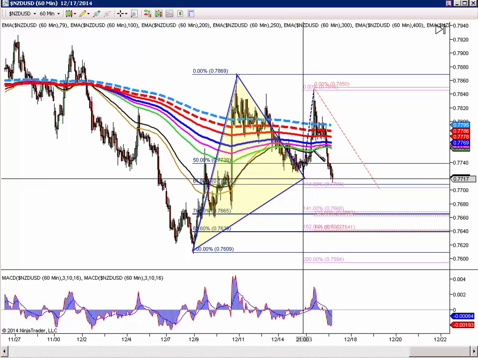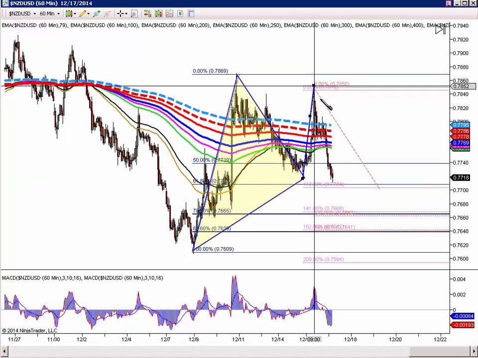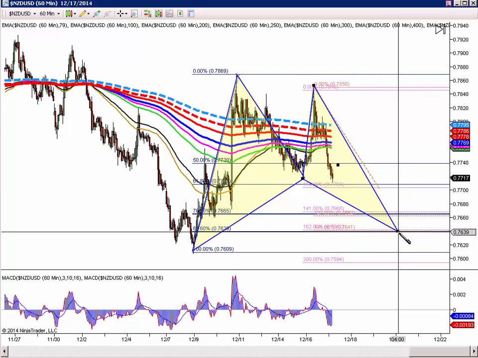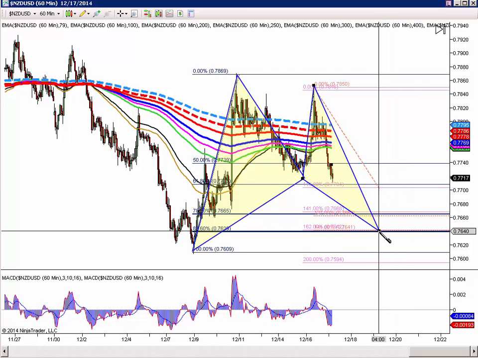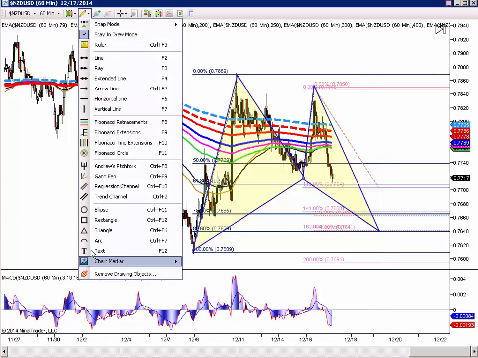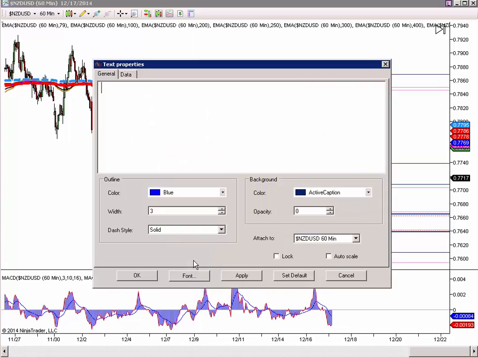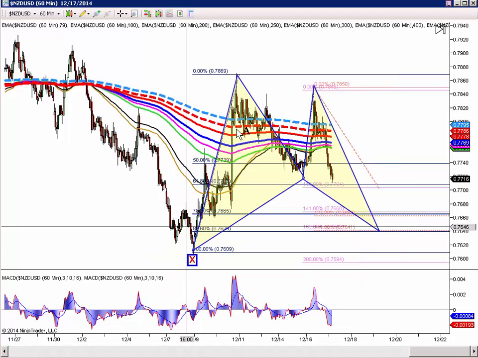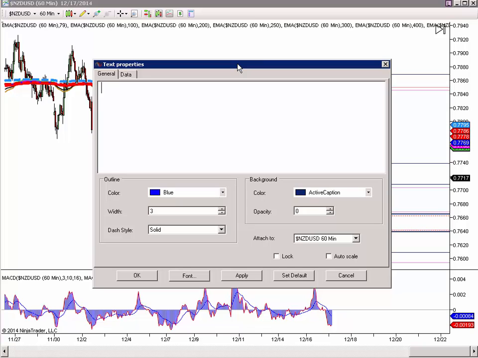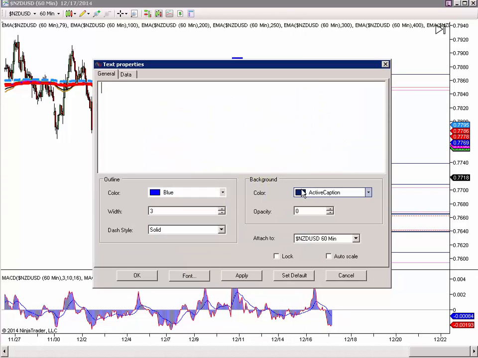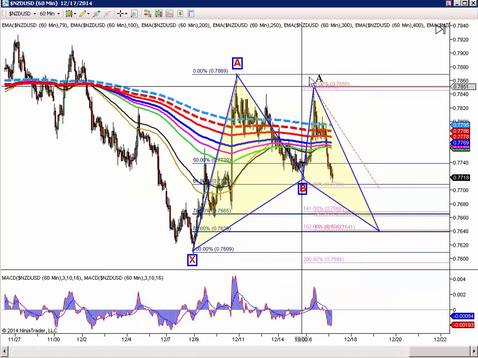So we can either look for a Gartley or a bat pattern. So we're going to stretch it all the way down and give us that bat pattern effect. Let's throw some numbers in there. X, A, B, C,